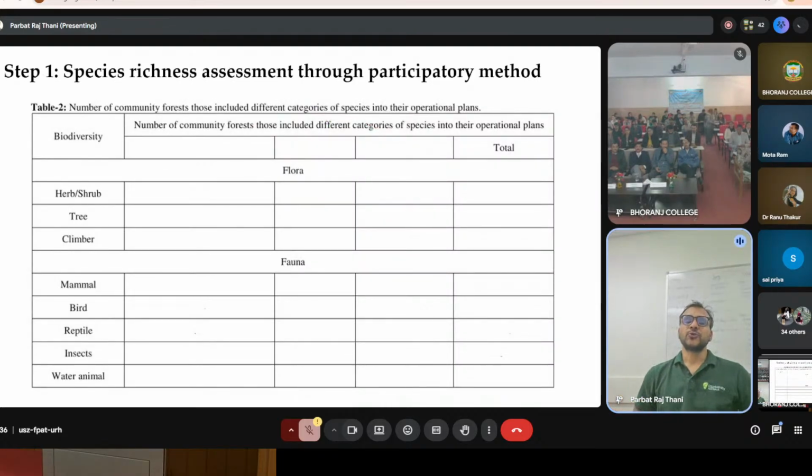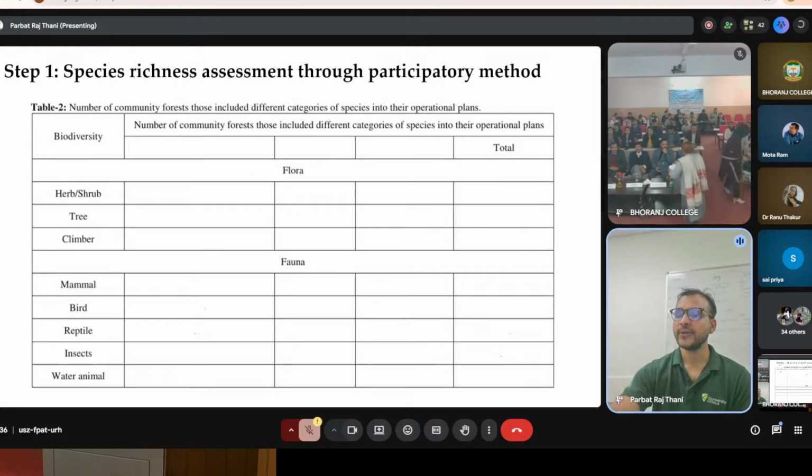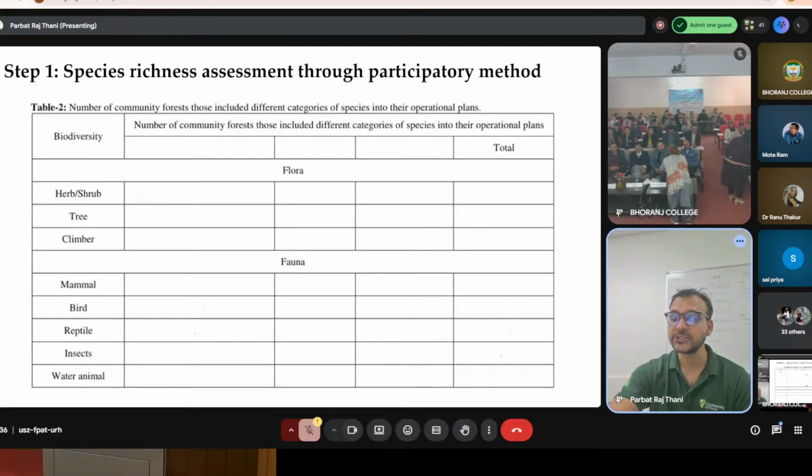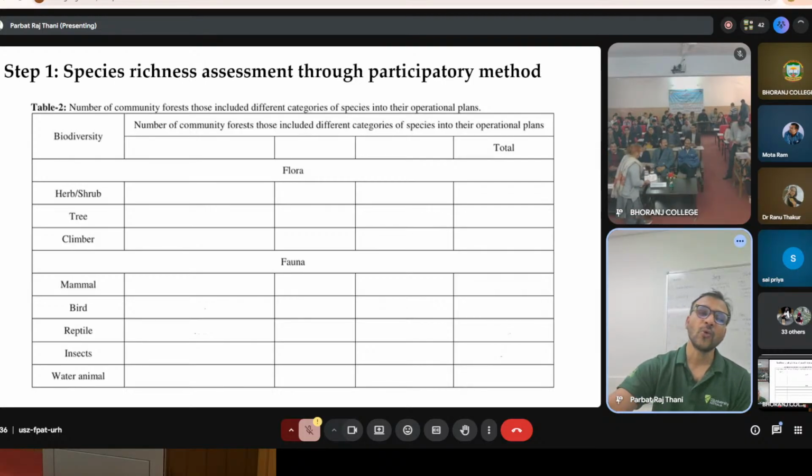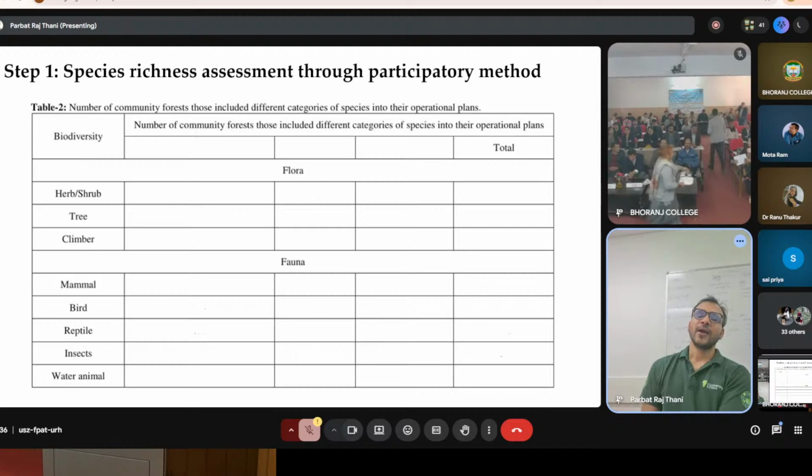Those formats which we applied during that time, there were a total of 5 formats, and we used those formats during the community forestry management system. We conducted different levels of meetings with user groups in each and every community forest to collect that information so that biodiversity related issues and ecosystem services related issues can be integrated nicely. What we did was, in each community forest, we started